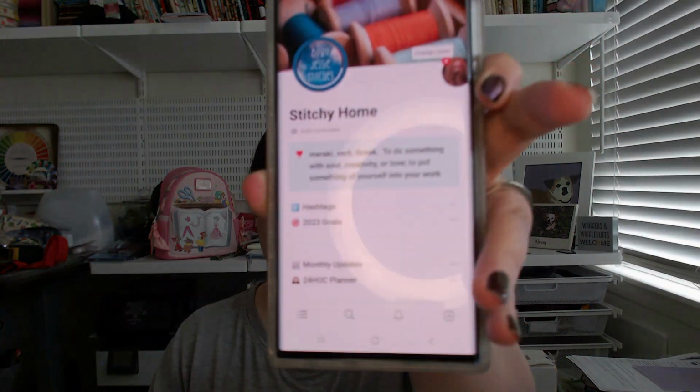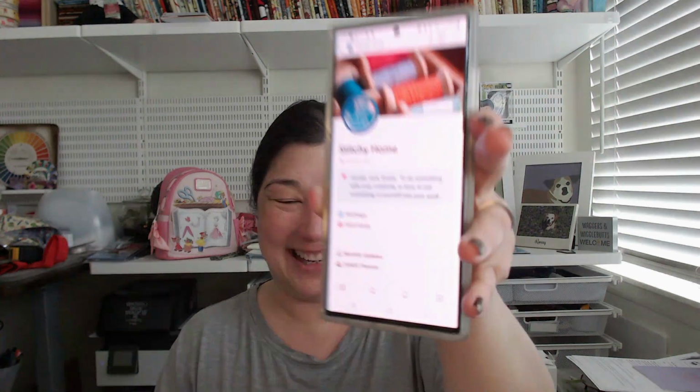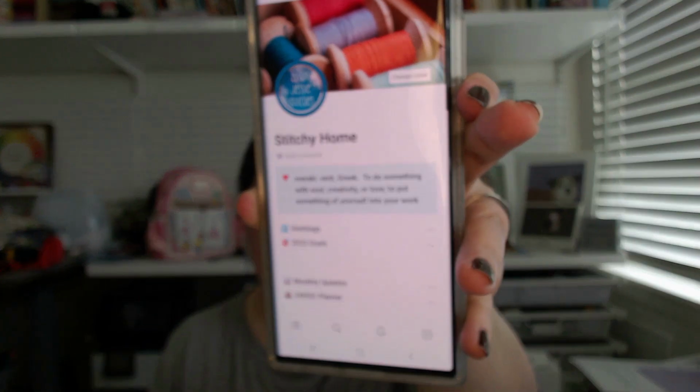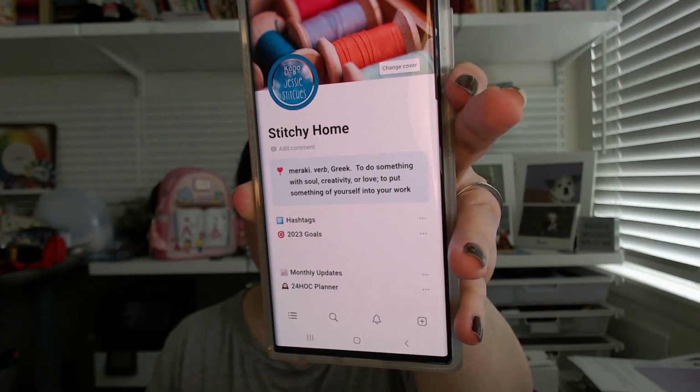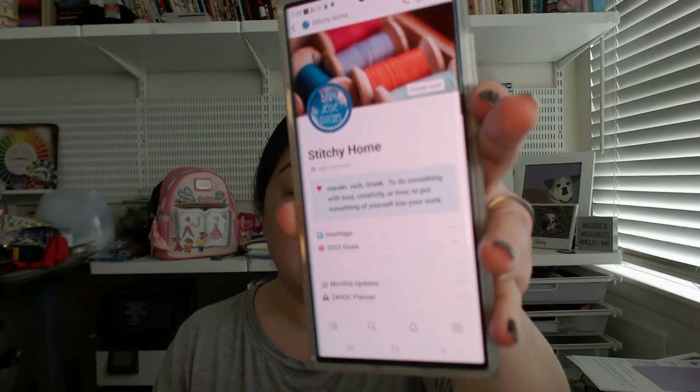So now we are on my phone. So here it is. Apologies for the ring light. Let me get rid of my little Facebook chat there. But so here we are on my Stitchy homepage. And now I'm going to show you how you can utilize your phone. It is an app on your phone as well, and it's completely integrated. And so I'm just going to go ahead and scroll down and